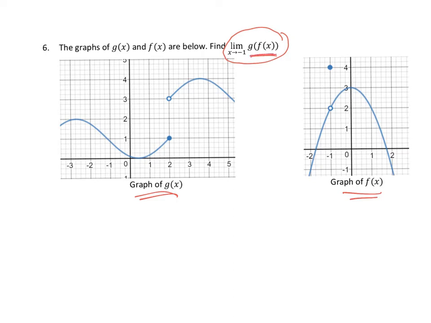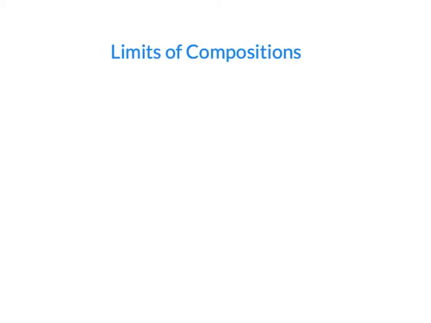So it might help if we have a law or a rule to help us with compositions so that we can apply it here. So let's take a look at the rule first, and then we'll see how we can apply it. The rule for limits of compositions is as follows. If you want to know the limit as x approaches some value c of f of g of x,